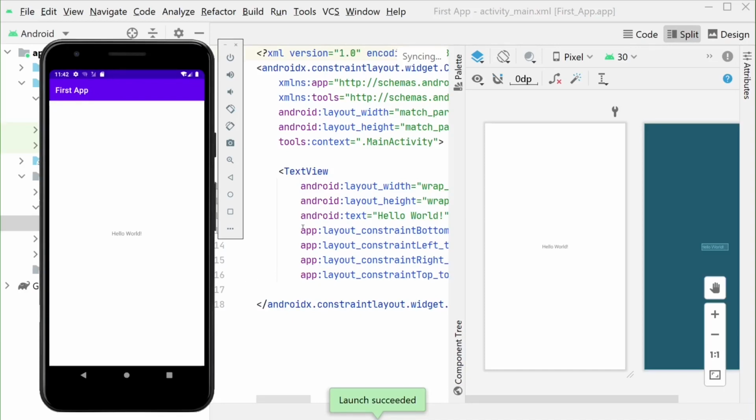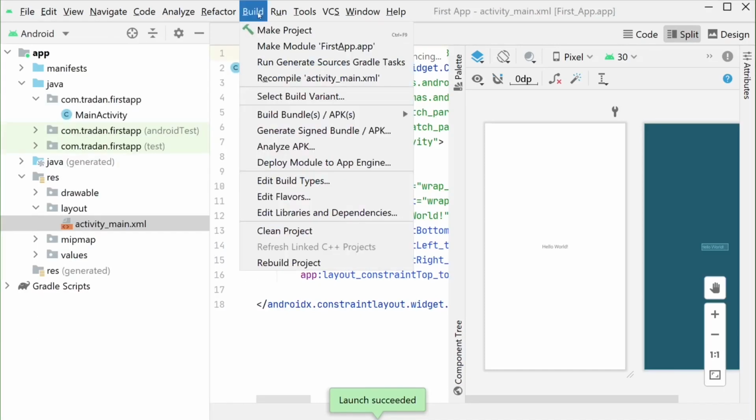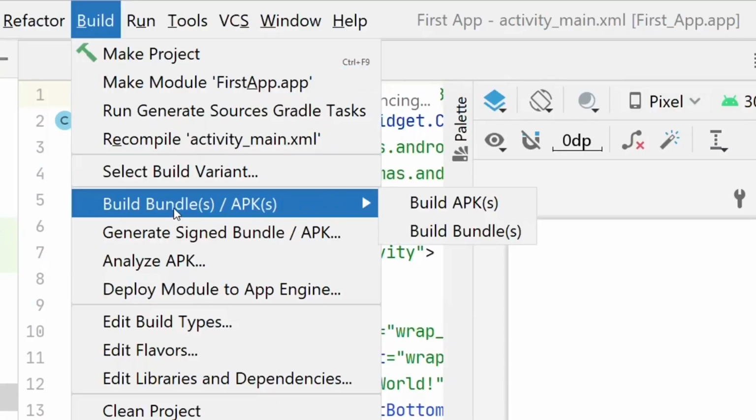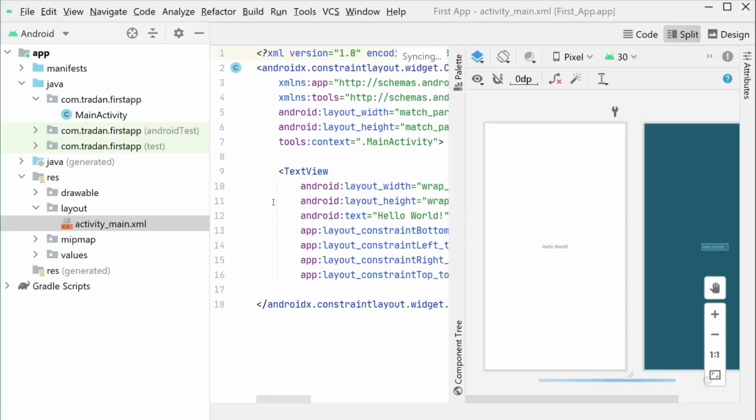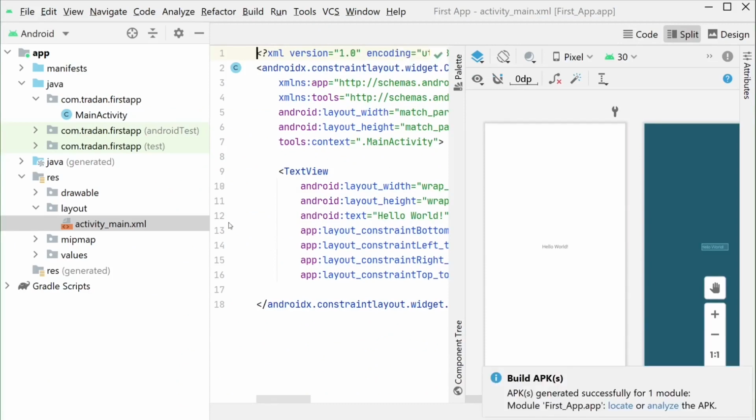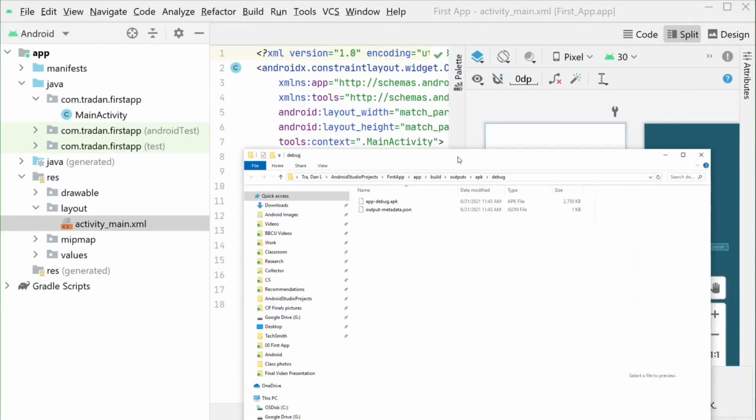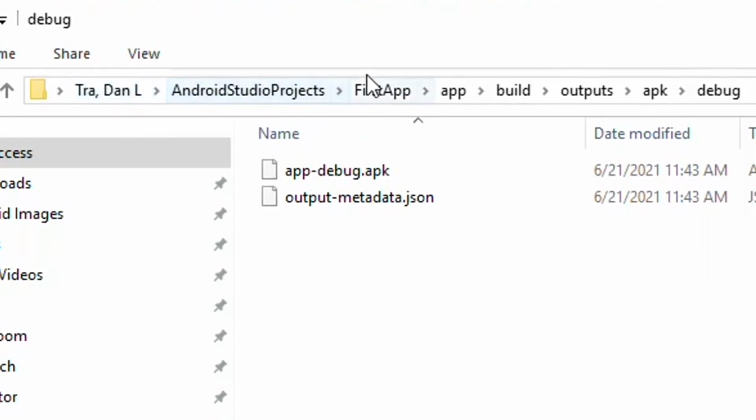Now that you've finished testing your app, to turn it in, you would click Build, Build Bundle APKs, and then choose Build APKs. And this is going to actually create the app for you again. Okay, then in my case, I'm going to click locate here, and it's going to take it to the directory where the app is stored, into the app folder, the build folder, the outputs folder, then APK, then debug. And then this